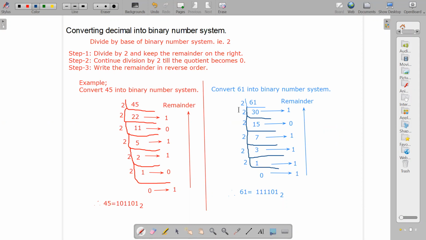Okay, you have to divide by 2 and write the remainder right here. Remainder cannot be other than 0 and 1. Either 0 or 1 only we get here as remainder. Then write the numbers in order from bottom to top. That is what is your answer. Okay, thank you.